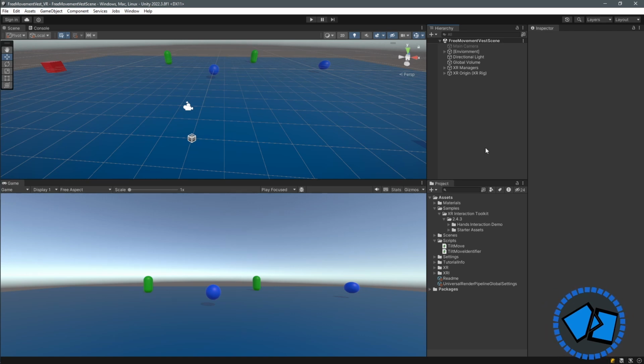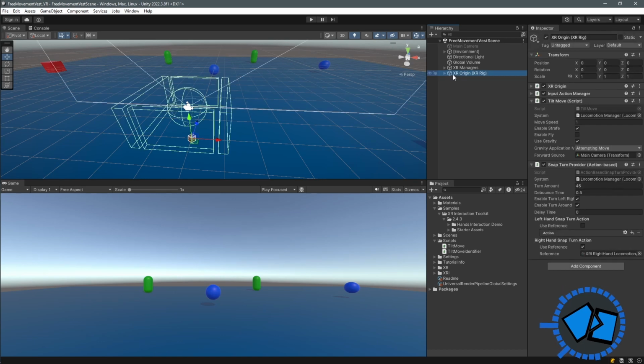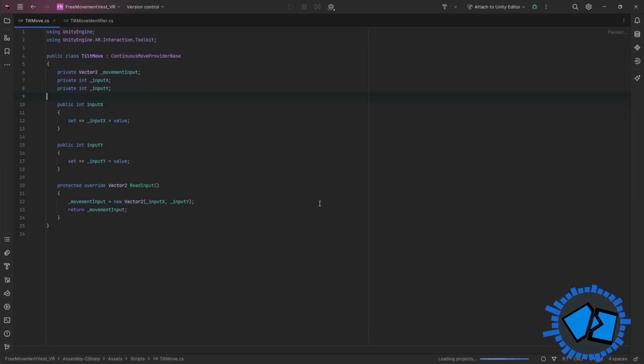So for this little endeavor, I just created two new scripts that will allow me to get the input based on my tilt and, depending on the input value, where I should be moving. One of them is called Tilt Move. I have it here on my XR player, on the parent XR player. So it has the tilt movement here. Let me open it up. Even though it's very small,